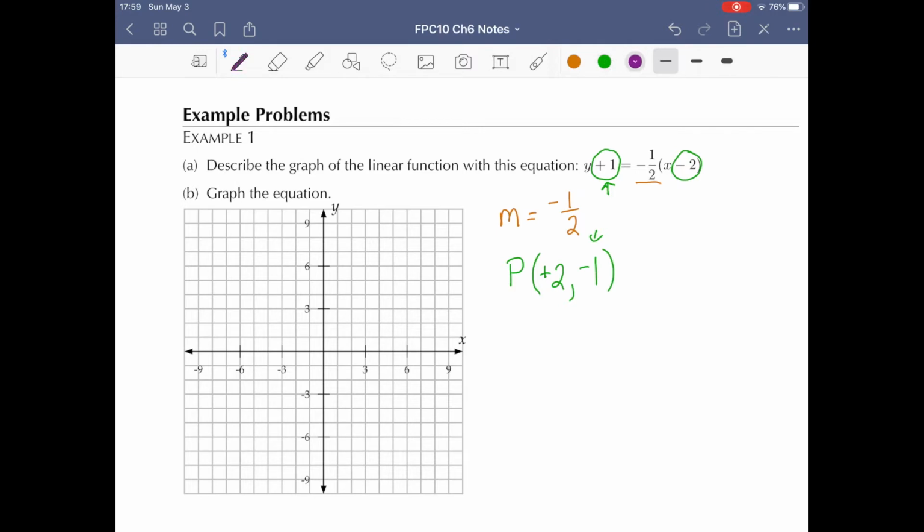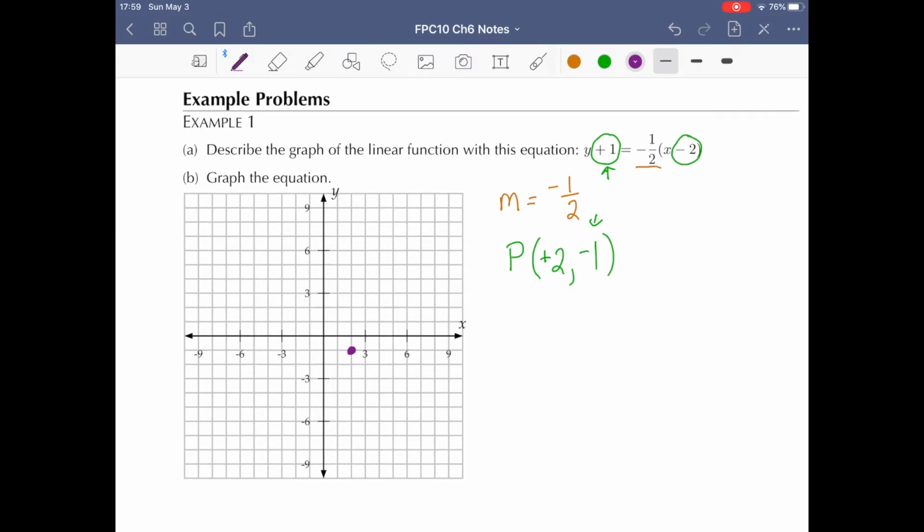We go to our point, 2 and negative 1. Right there's our point, 2 and negative 1. And our slope tells us to go down 1 over 2. Down 1 over 2, and again. We can work it the other way, and you just put enough points on it so that it all lines up. Draw your line through it, and there you go. That's y plus 1 equals negative 1/2